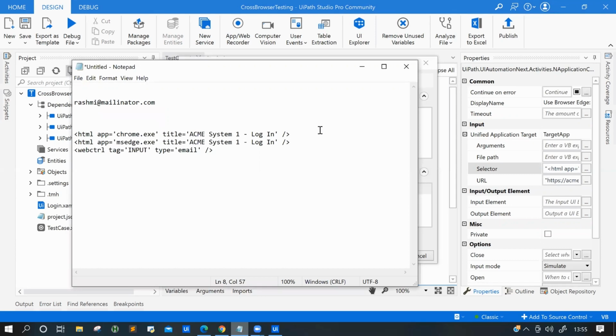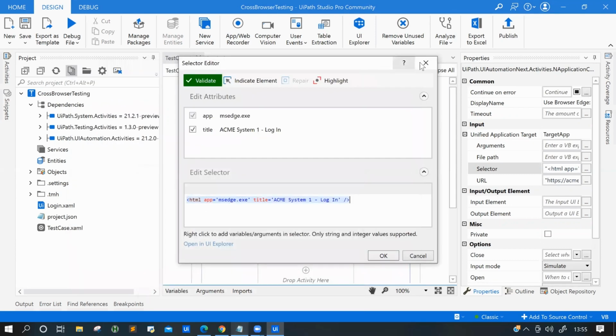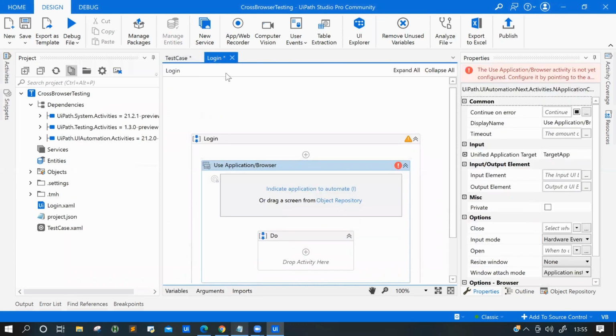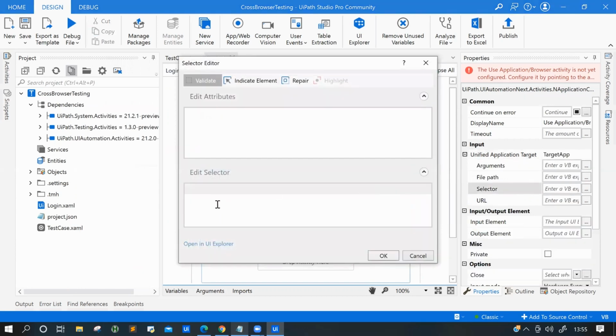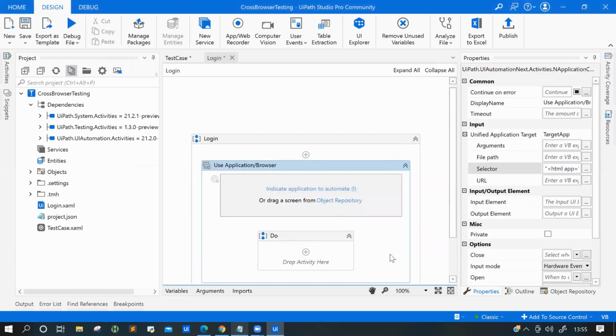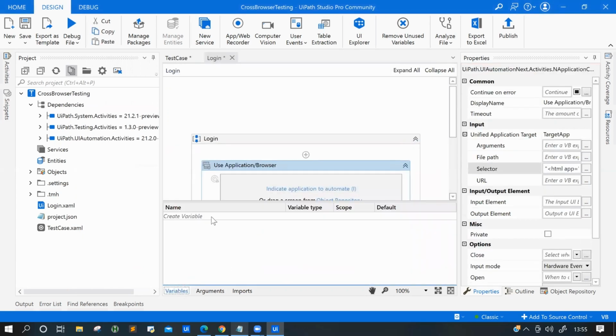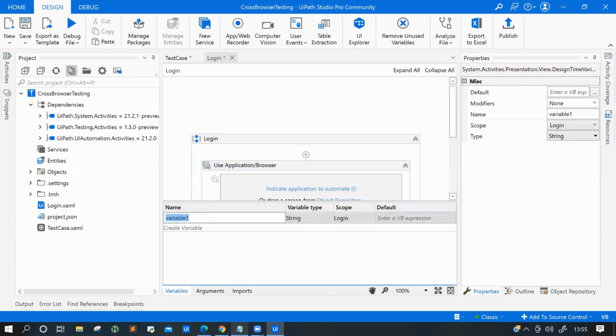So what I can do is copy this, which I have already done, and into my test case, which I'm going to write, I have used Use Application/Browser. In this, I can give the same selector, and I can create a variable called browser name.